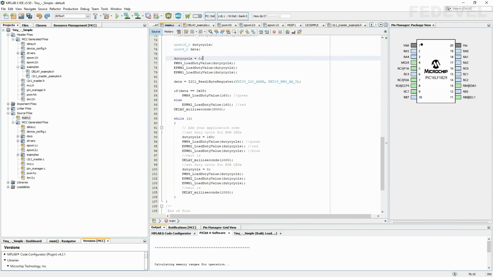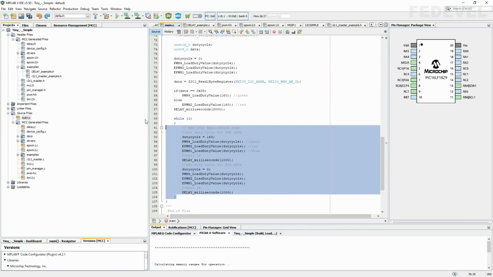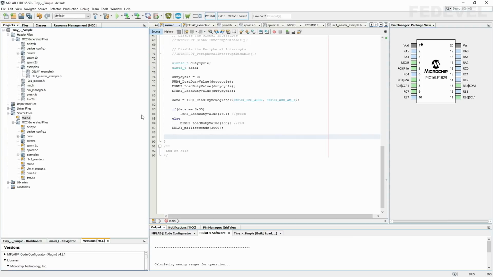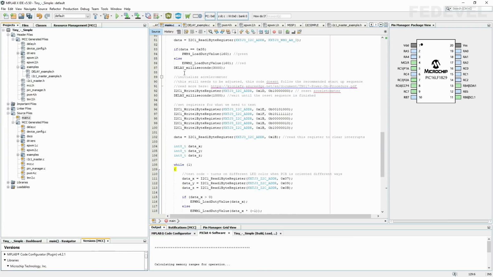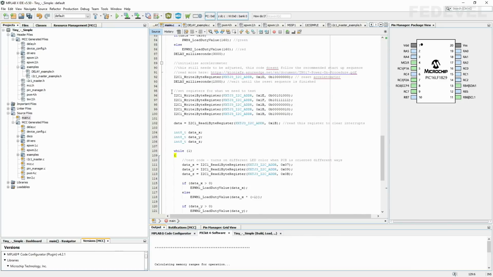Once your accelerometer is working, you can have some fun and you can play with this code. For example, I'm going to delete this while and I'm going to replace it with something like this. Okay, so we are going to initialize the accelerometer.